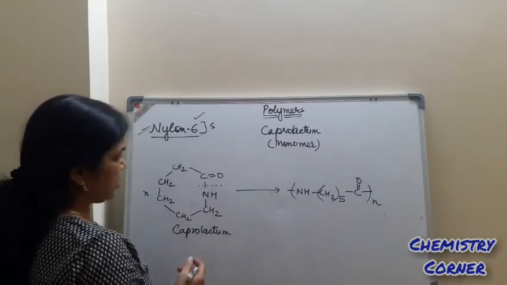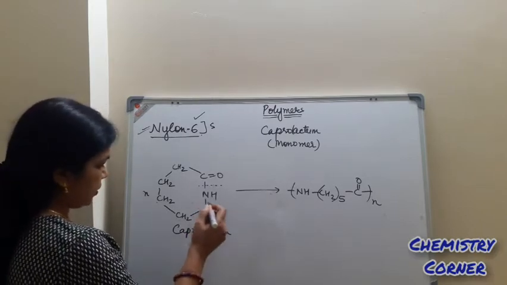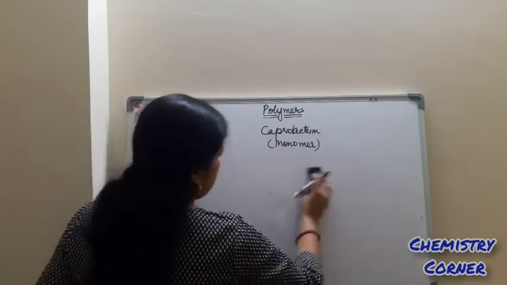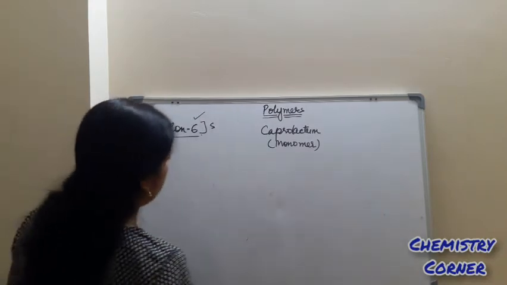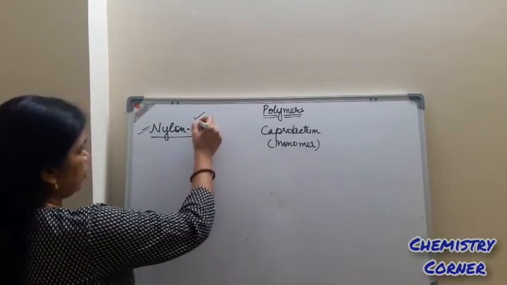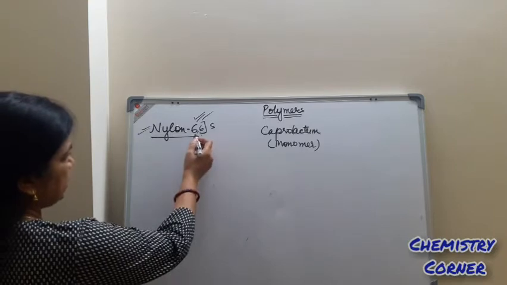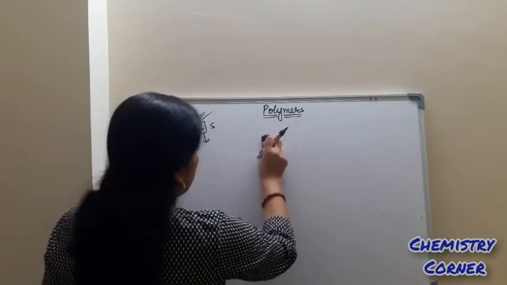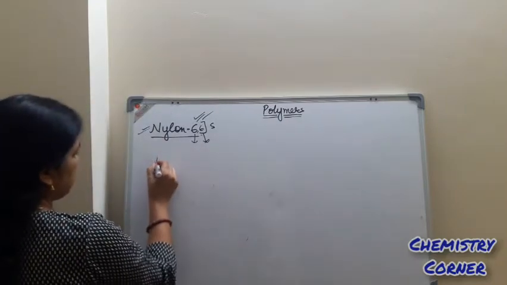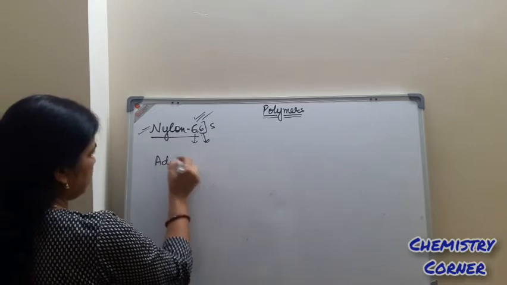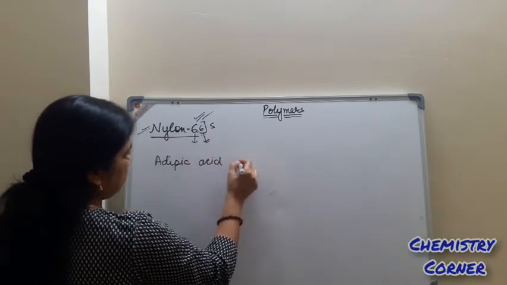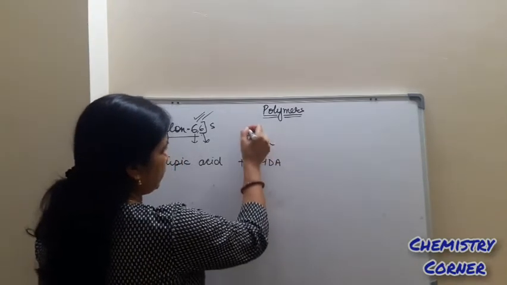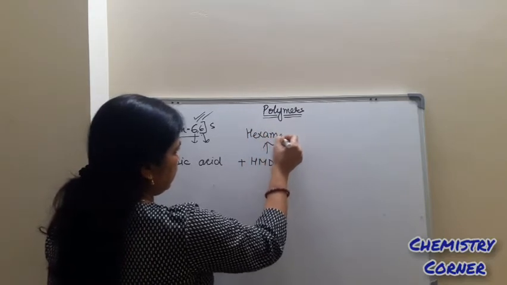Let's come to next, that is called as nylon 6/6. For nylon 6/6 we need to focus over the monomers. The name is telling you that it is made up of 2 monomers. One is carrying 6 carbon and the second unit is also carrying 6 carbon. Its monomers are, the first is called as adipic acid and the second is called as HMDA. The full form of HMDA is hexamethylene